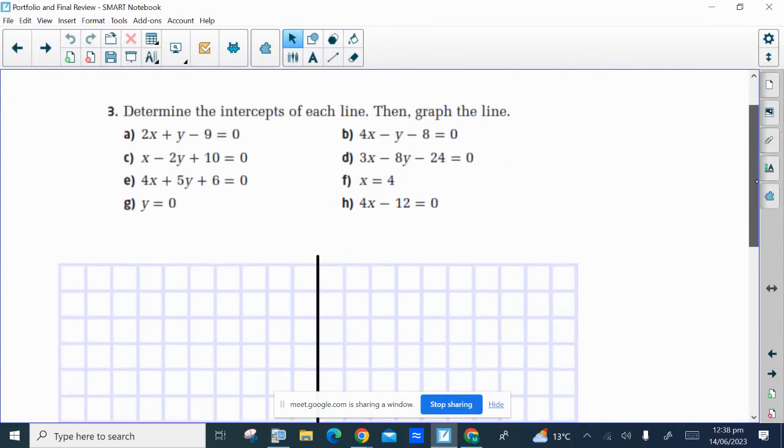So we looked at different ways to graph lines. One of them was by finding the intercepts. The intercepts are where the graph crosses both the x and the y axes. The x-intercept is where the graph crosses the x-axis, and because it's a point on the